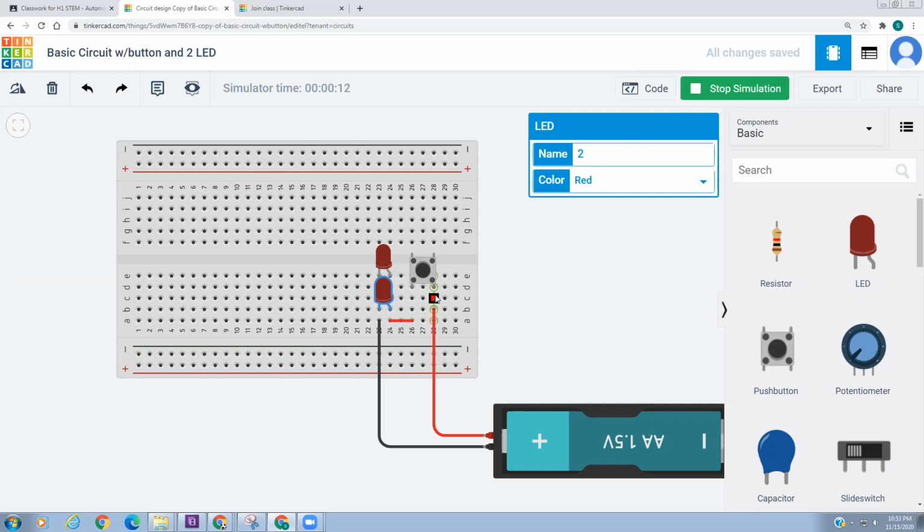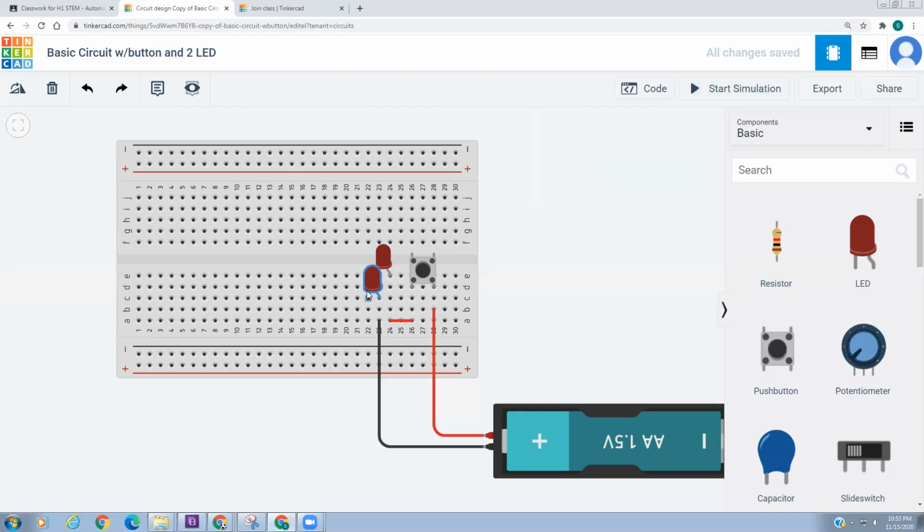So the electricity is flowing through here, up at this wire that's underneath the breadboard, and down this wire that's underneath the breadboard, and these are getting the same amount of electricity depending on their resistance, and they're the same, so they get the same. Now, if we put it in series, one after another, it would look something like this. Let's see, we're going to stop the simulation, move this over here,